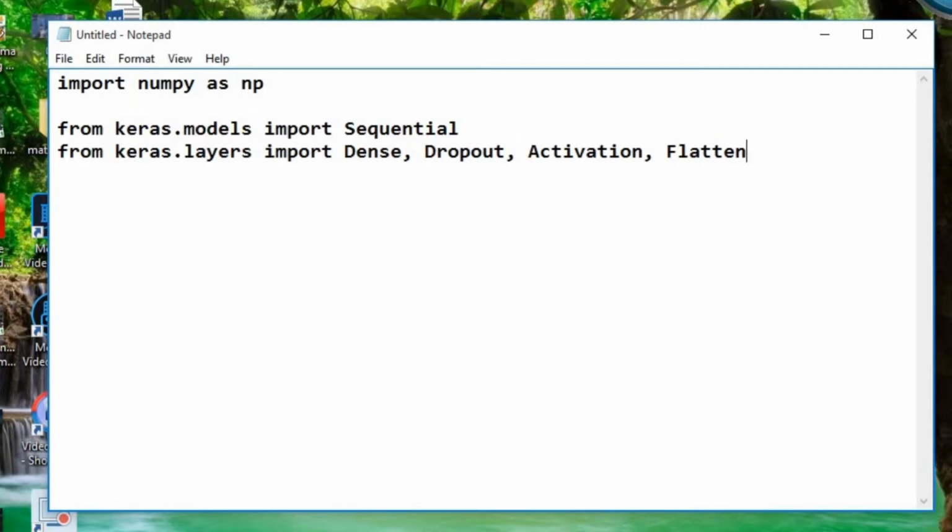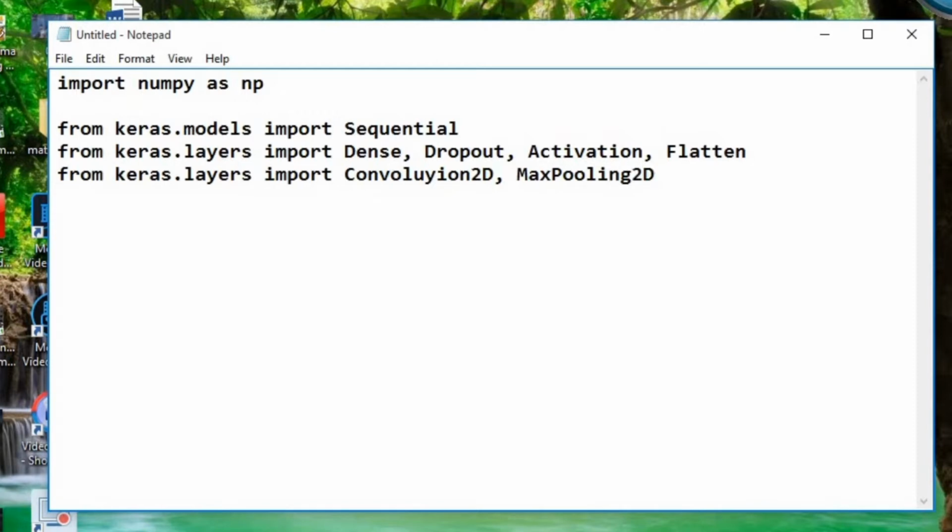Next to that, from Keras dot layers import Convolution2D, then MaxPooling2D models.